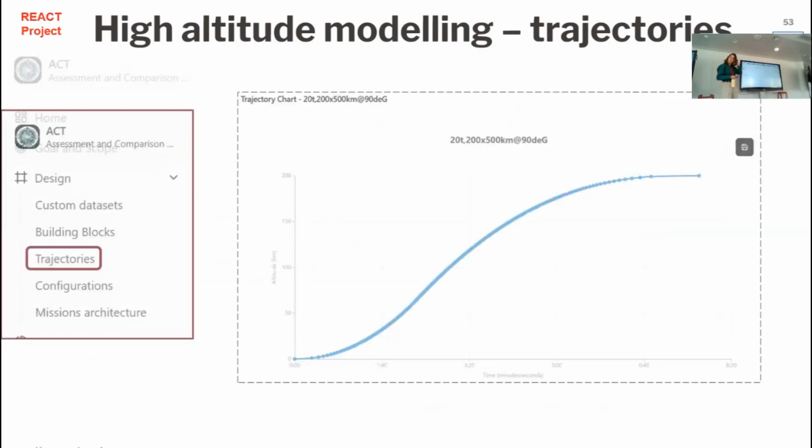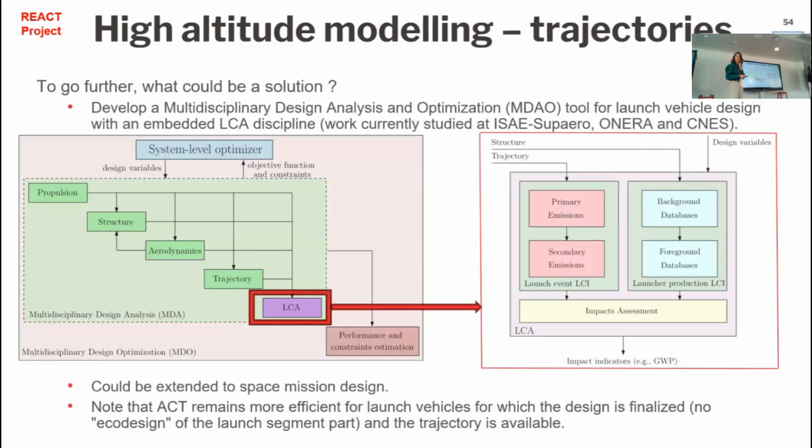But I will just give now, so this is the trajectory when you select it in the tool. It will just give you the overview of the trajectory that you selected. And now I just want to give a quick outlook at how we could integrate also the optimization of the trajectory inside an optimization tool. So inside a tool that could be ACT, for example, but also taking into account all the other disciplines that we can have. So as you can see here, at the end, it's a multidisciplinary optimization problem